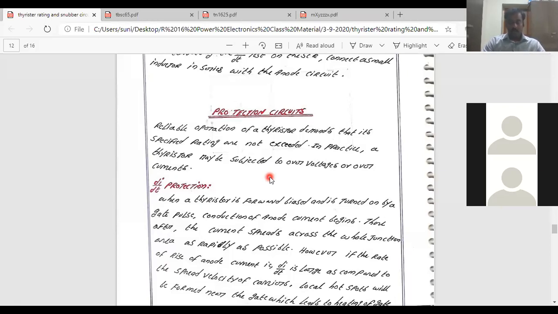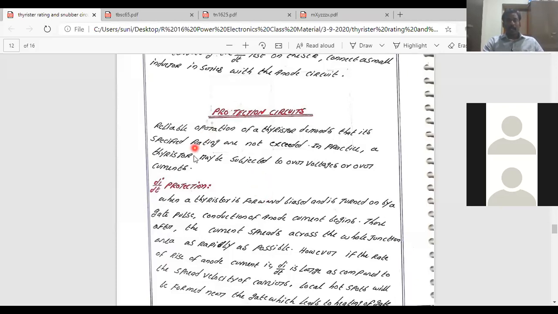What could be the consequences of false triggering or unwanted triggering? The device is not intended to trigger at that particular point, but if the voltage rating is high, the device is going to be triggered. Once the device is triggered, it simply leads to a short circuit. Whenever it is a short circuit, it allows a huge current which damages the corresponding connected devices. It may be inductor, load, or anything.